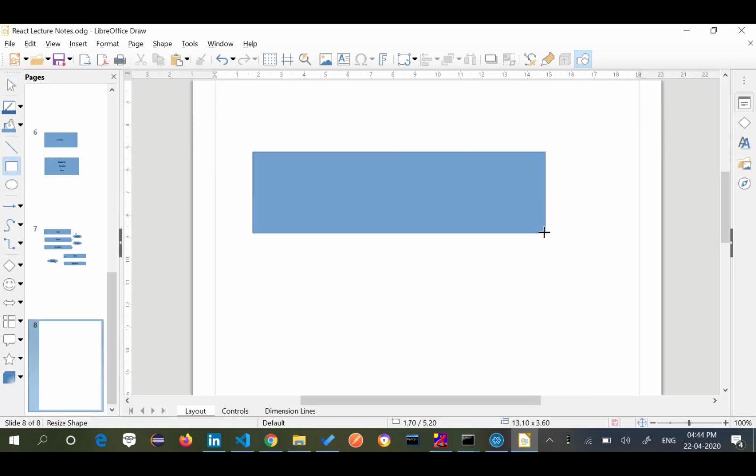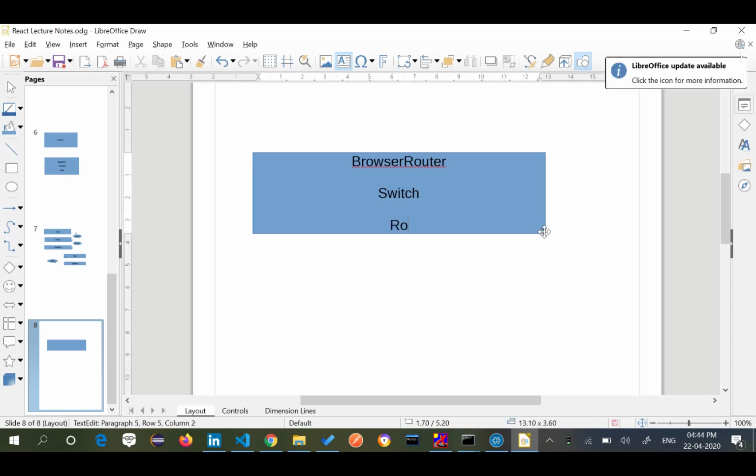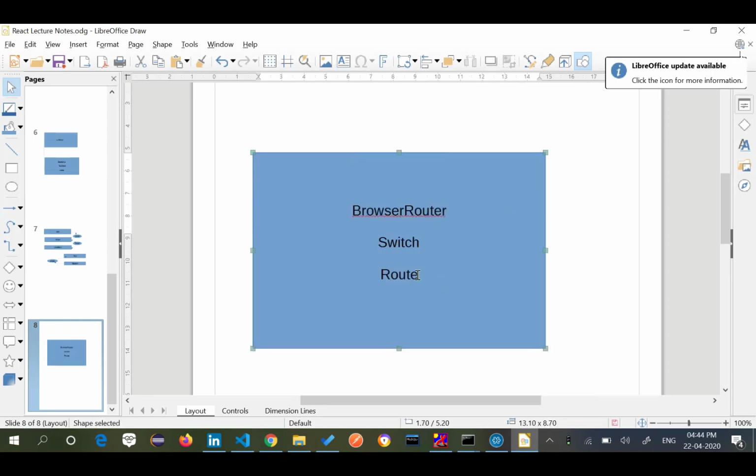You have got two things here. First thing you have got is BrowserRouter. Then you have got Switch, and then you have got Route, and then you have got something called Link.